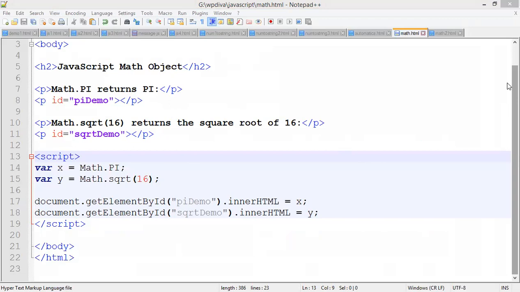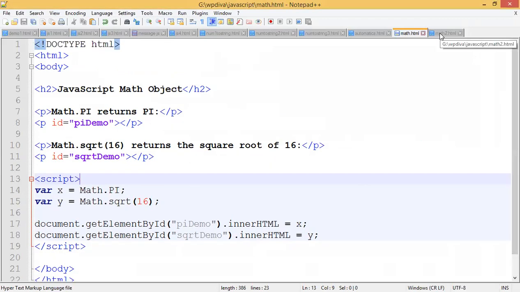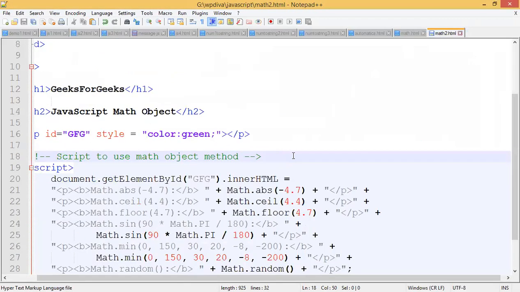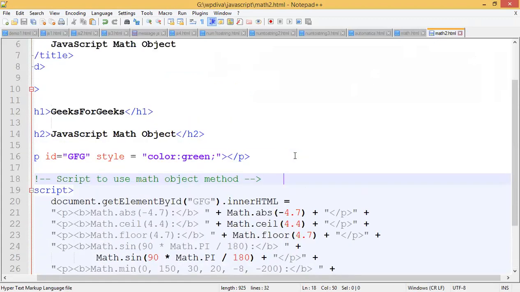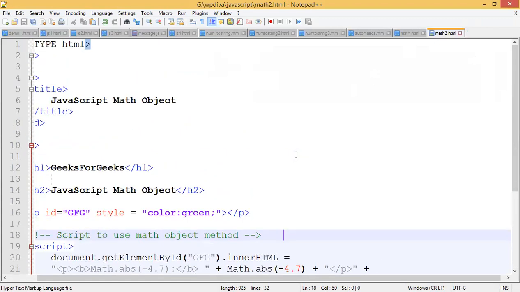This program you can write near the math object. Otherwise, immediately after the class, I will share the notes for math object and number object.